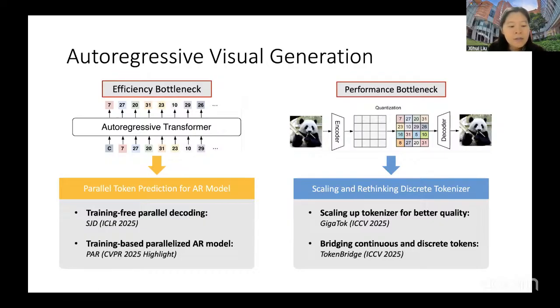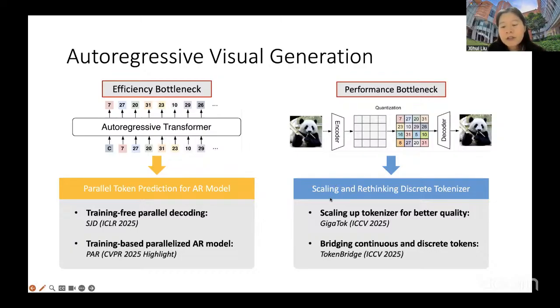So we developed this training-free approach, which can accelerate 2 to 3 times, and also this training-based approach for parallelized autoregressive generation, which can accelerate up to 10 times.